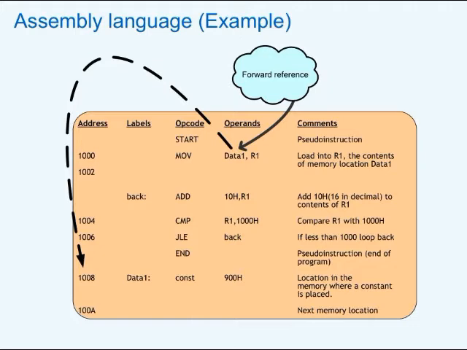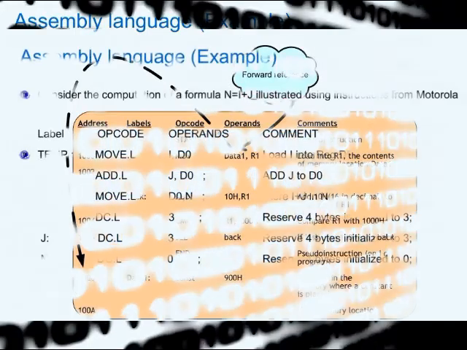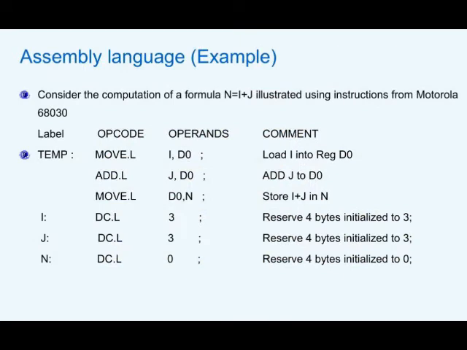So assembler will continue further and see that there are some labels also along with the opcode and the operand. Now since this mnemonic is not very easy to understand, mostly the assembly language programmer will also put comments along with that to make sure that they understand what they have done when they wrote this program. So once they have written this program, it will be loaded into the memory and assembler will translate it into the machine language.